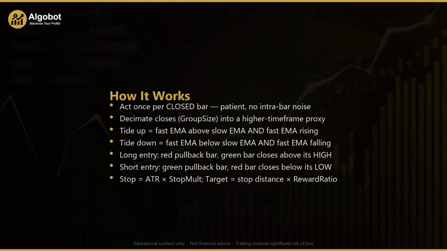Risk management is identical on both sides and is driven by the average true range over its default period of 14. The current volatility reading is multiplied by the stop multiple parameter, which defaults to 1.6, to set the stop distance. For a long, the stop is placed that distance below the entry, and the profit target is placed at the stop distance multiplied by the reward ratio, which defaults to 1.8. So the target reaches for roughly 1.8 times the risk taken. The short side places the stop above entry and the target below. The EA holds only one position at a time per magic number, and lets the stop loss and take profit